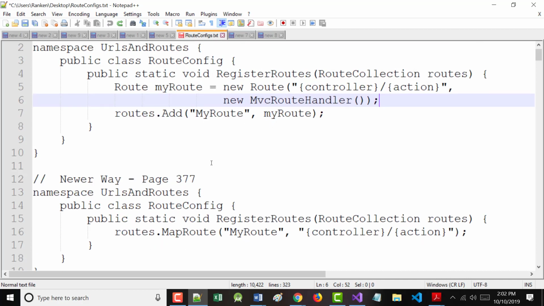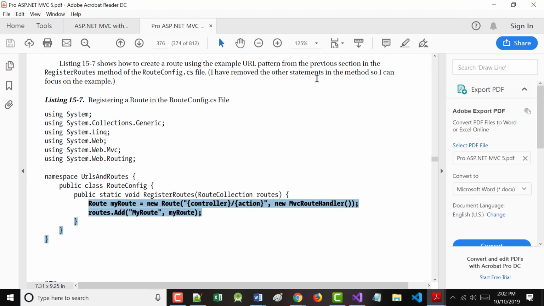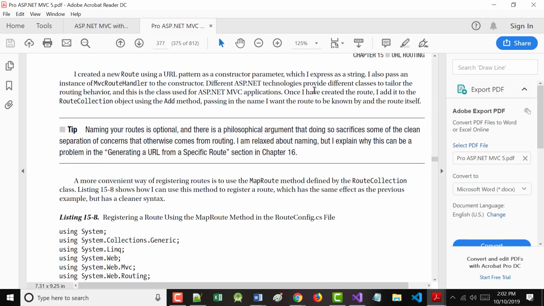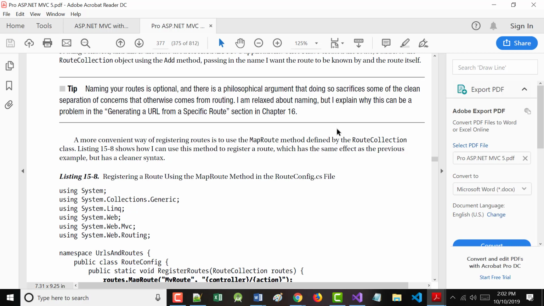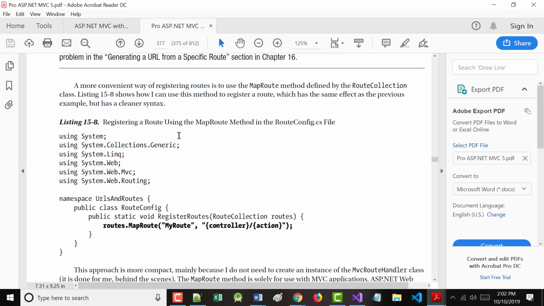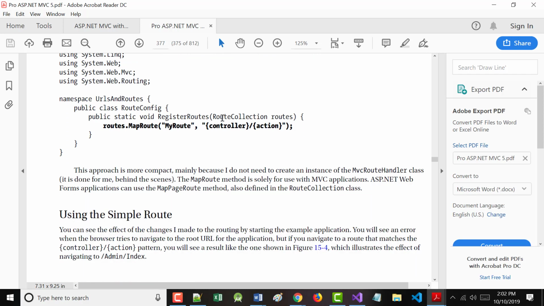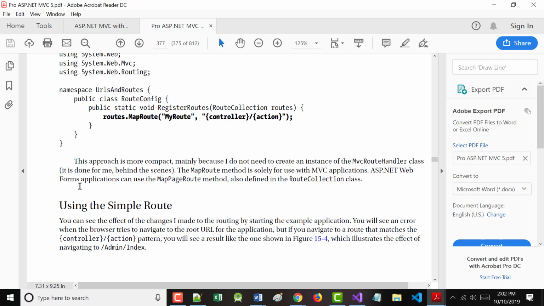99.999% of the time, you're going to choose this one because it's less code, and no, you're not doing anything like that. But the author is just trying to show you that it can be broken up into 2 lines if that's what you want to do. So that's what he gets to in there, and he talks about it in here too. So like I said, I don't want to just keep belaboring the point. Okay. So bottom of page